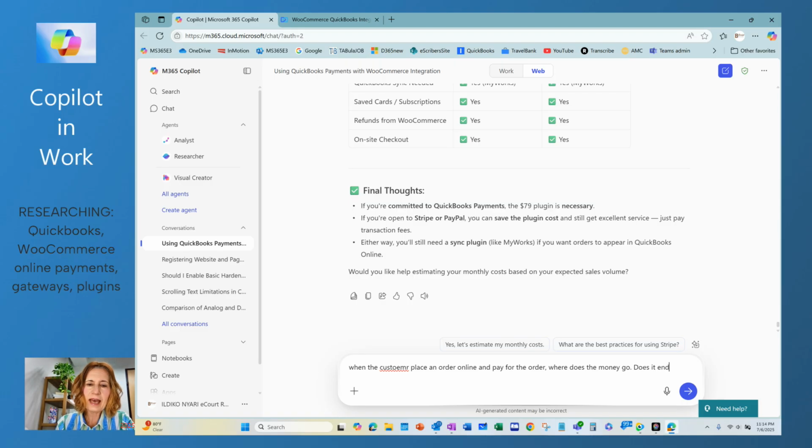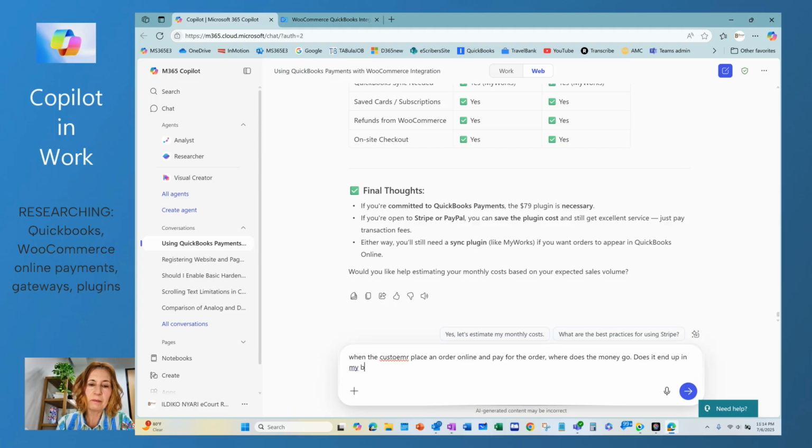Does it end up in my bank account, or it will be deposited into, I don't know, let's ask. So, or where will it be deposited? Where will it be deposited, and when can I see it on my bank account? So this is also quite a mouthful question, and let's see if Copilot understands it. So I just press enter,